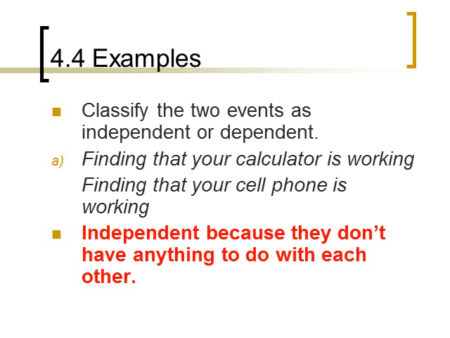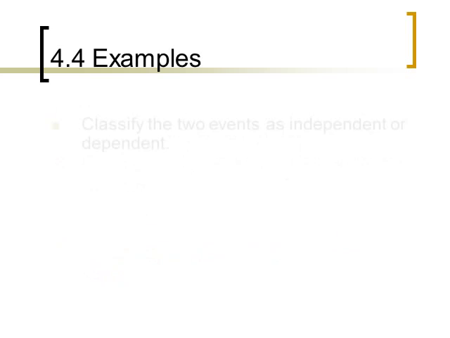So let's classify the two given events as being either independent or dependent. Finding that your calculator is working and finding that your cell phone is working. These would be classified as independent because they generally don't have anything to do with each other, especially when you're using completely